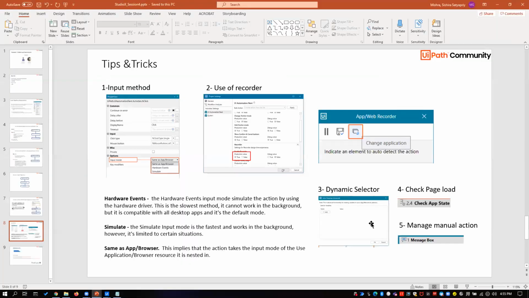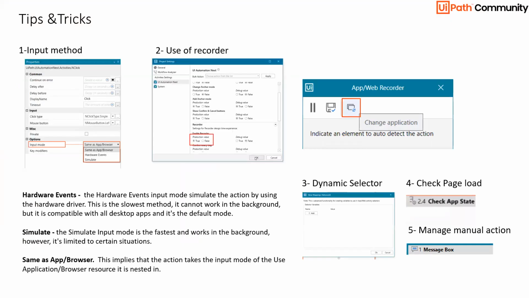A few of the things which you may need to take into account while you're developing can help to optimize or make your work easier or more robust. Start with the input method. If you see any activity you're bringing in UI automation, there will be input or output activities.